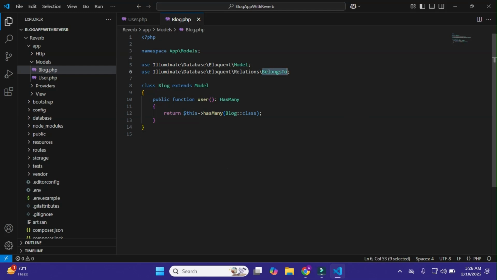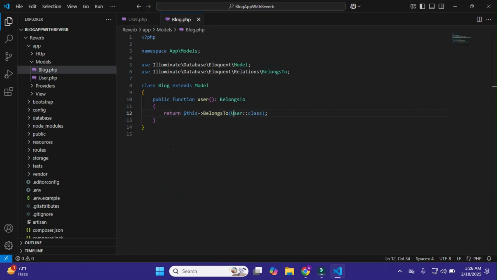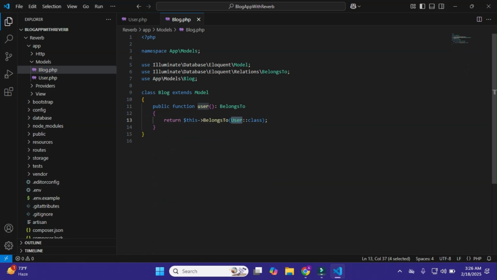Copy it and paste it here, user belongsTo this, instead of hasMany, and it is the User class, and I'll also import the User model here, and copy it and paste it here. Okay, so it is the User model. So that's it. We just define the functions and relationships in our models like this.